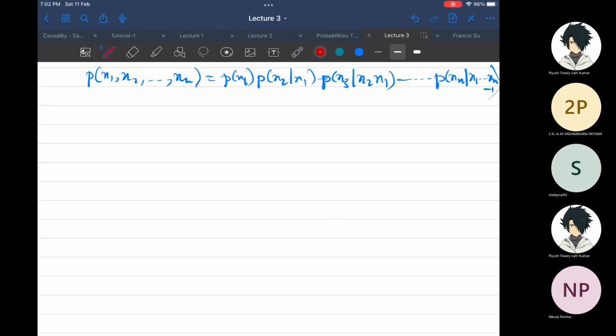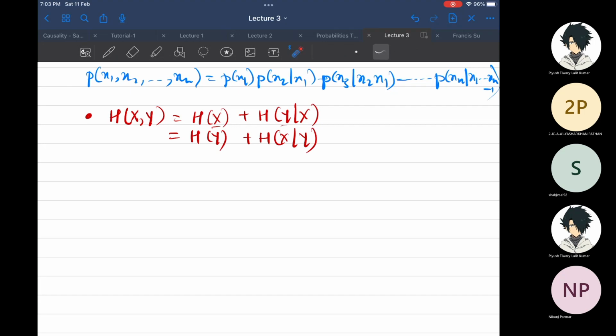From this, actually, you can also see the following, right? There are many things that you can now derive. Just now I told you that h of x comma y is equal to h of x plus h of y given x, right? But now, what is so special about x? Why should x come here and why should y come here? Since I have assumed nothing about x and y, why should I give preference to x? I can also write this as h of y plus h of x given y.